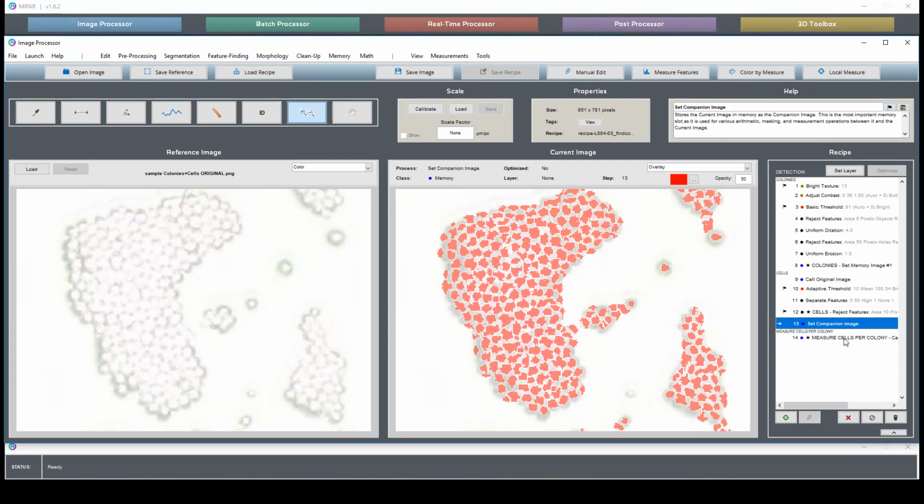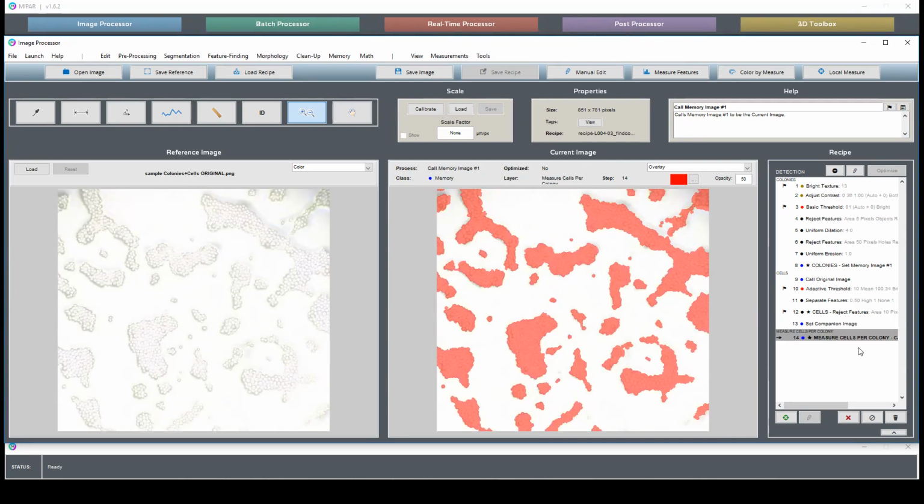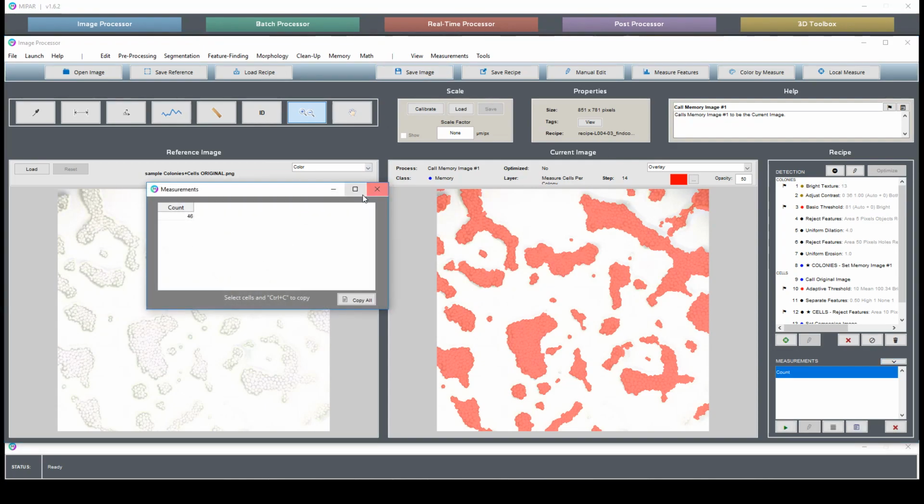From here, we set the cells as a companion image, and then recall our colonies to set up a measurement for cells per colony. But before we do that, I have a simple measurement count added to